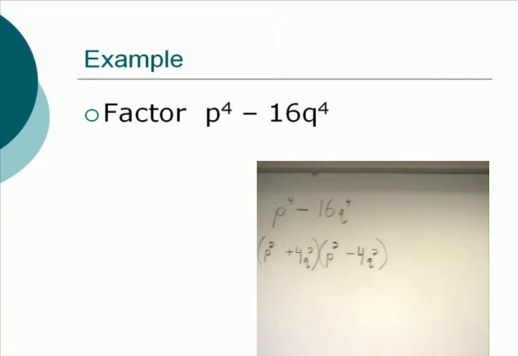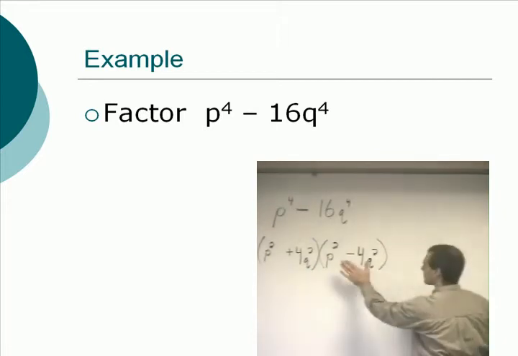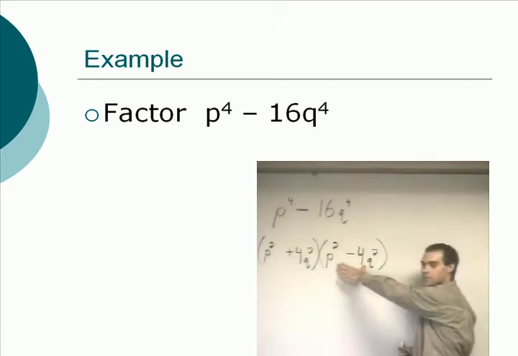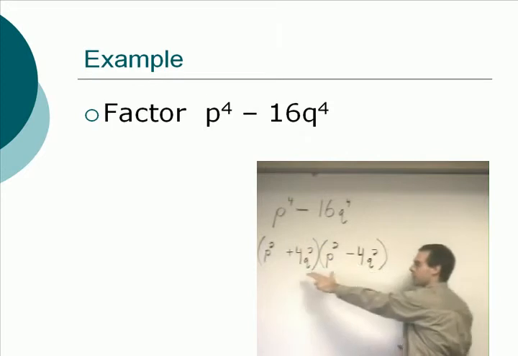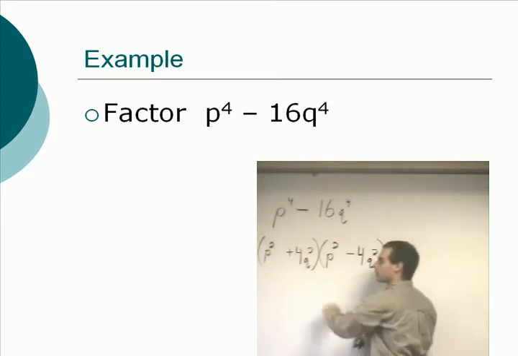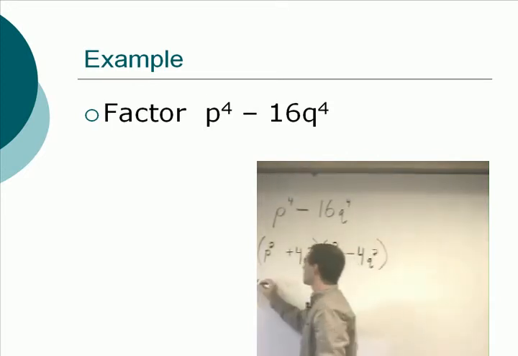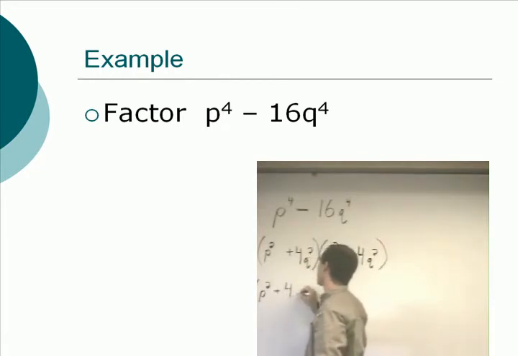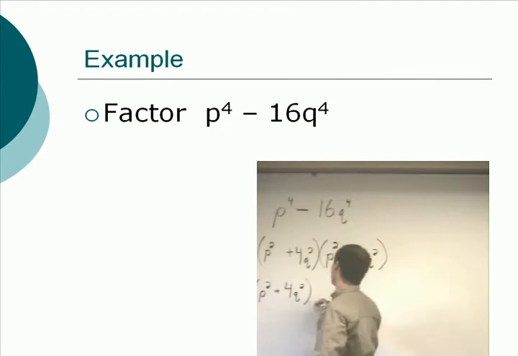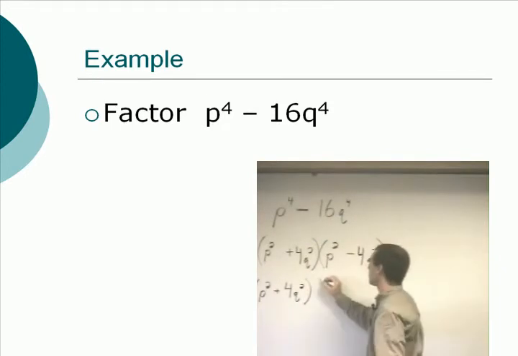You can do it again. Look at your second factor there. P squared minus 4q squared. It's a difference of squares. That's factorable. Is that factorable? No, that one we're stuck with. So it's still out front here. We've still got P squared plus 4q squared. But now this will factor again into,